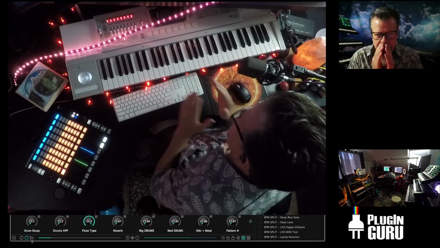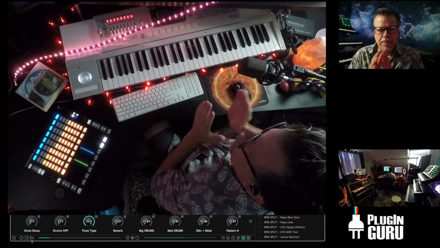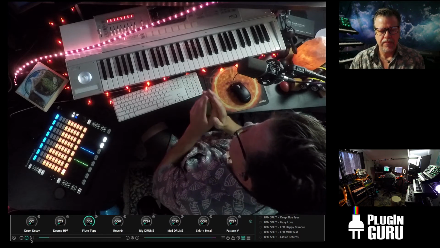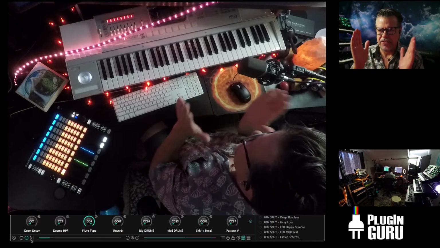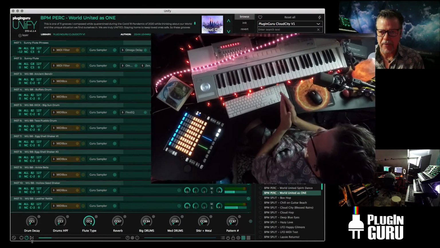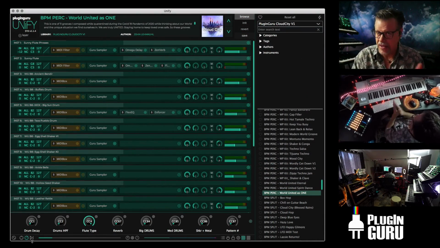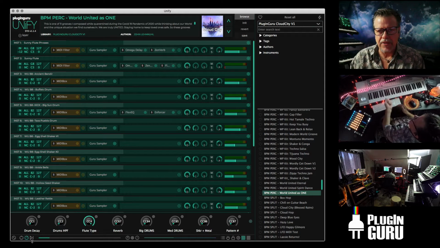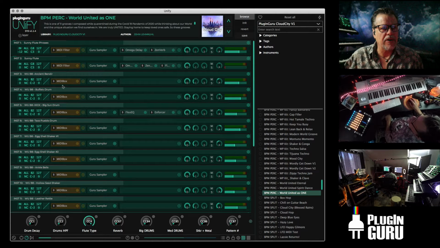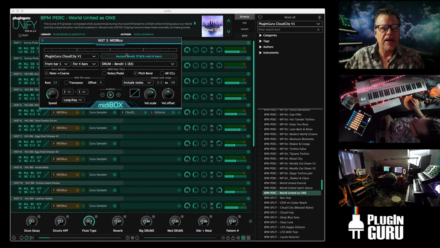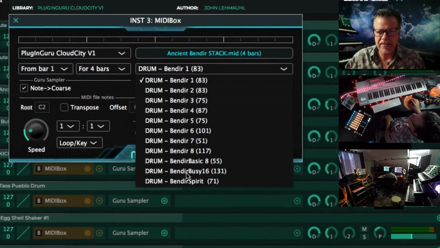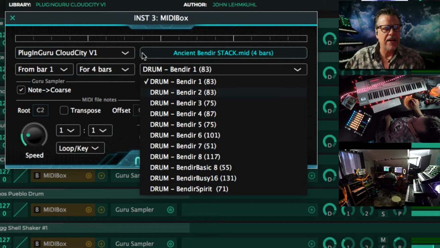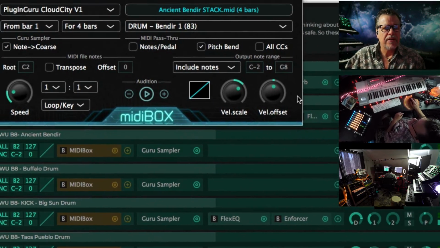Now here's the insane part. With MIDI file type 1, it's really cool in that if you stack a whole bunch of patterns on top of each other that are all set to the same MIDI channel, when it saves out in certain DAWs, the way it's supposed to, not all of them do this, it makes them separate tracks. So I could open up, say, the Bendir, and I have a stack loaded, as I call it, and inside of there are 11 different patterns. And if I change a controller,